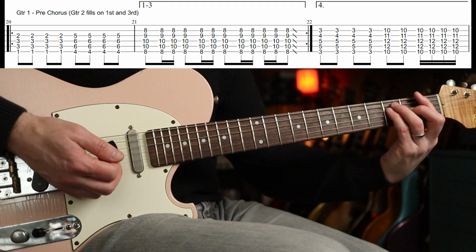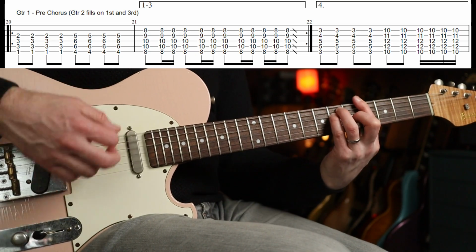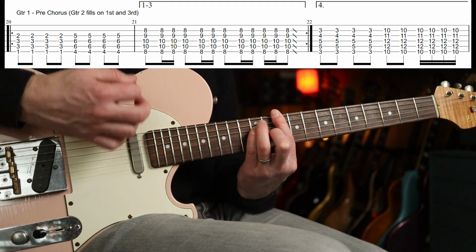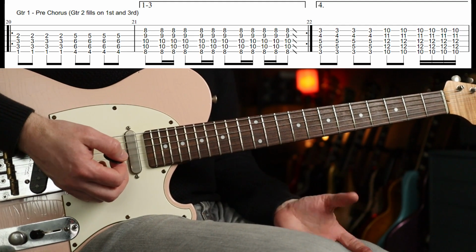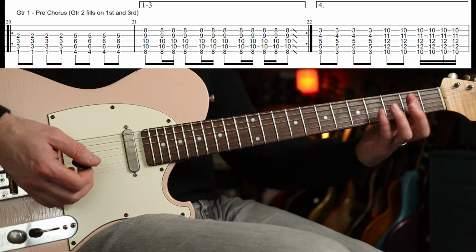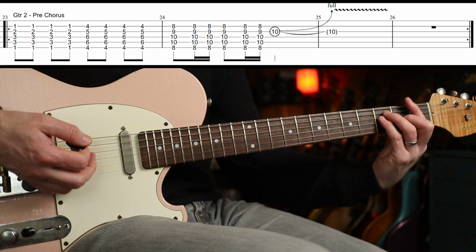Do that 3 times. Fourth time is like that. Okay, pretty straightforward, right? You got the tab. I'm not going to go through that again. But the other guitar part, second guitar part, goes...